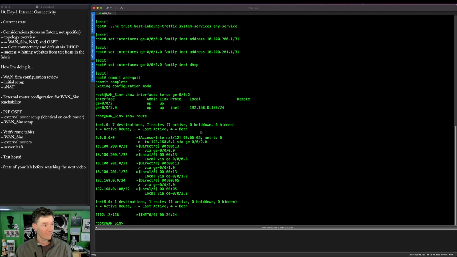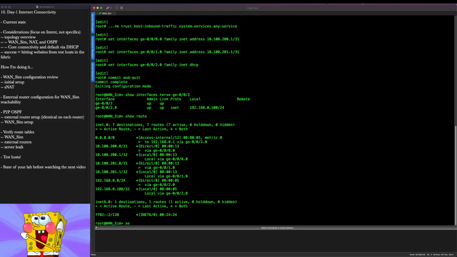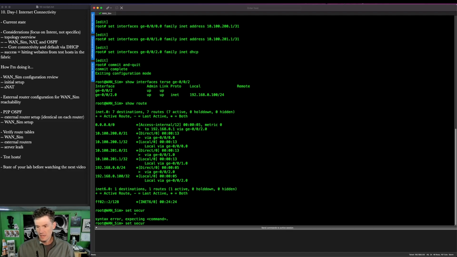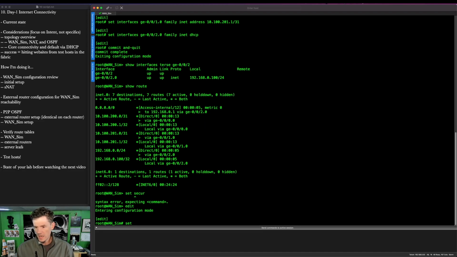We're now going to configure NAT. We're going to get to use more wildcards, which is terrific. Set security. I'm going to build address books. Oh, I've gone out of my config, of course. Set security. These address books will help me define the source subnets, the virtual networks that I'm going to be natting. So set